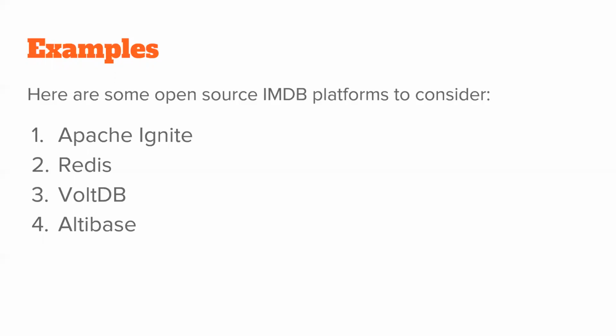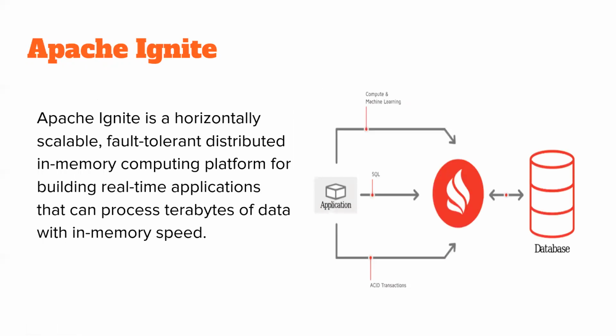VoltDB, a traditional RDBMS with schema support, works using Java stored procedures that applications can invoke through JDBC. The company is collaborating with Samsung for scaling in-memory data processing with Samsung DRAM as SSD devices. Altibase is a hybrid database that combines an in-memory database and an on-disk database into a single product to achieve the speed of memory and the storage capacity of the disk. So we will take the Apache Ignite and Redis implementation briefly. So let's get started.